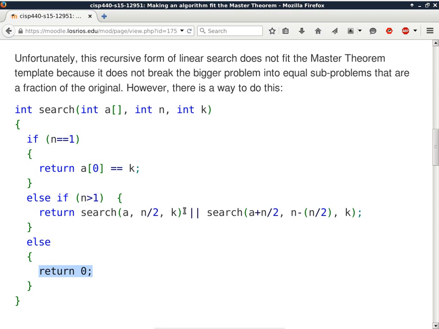Because you have the 2 conditions: n equals 1 or n is greater than 1. Correct. Yep. Okay, so the only part where it will do any type of recursion is when the array has more than one element. So in that case, I split it into two cases.